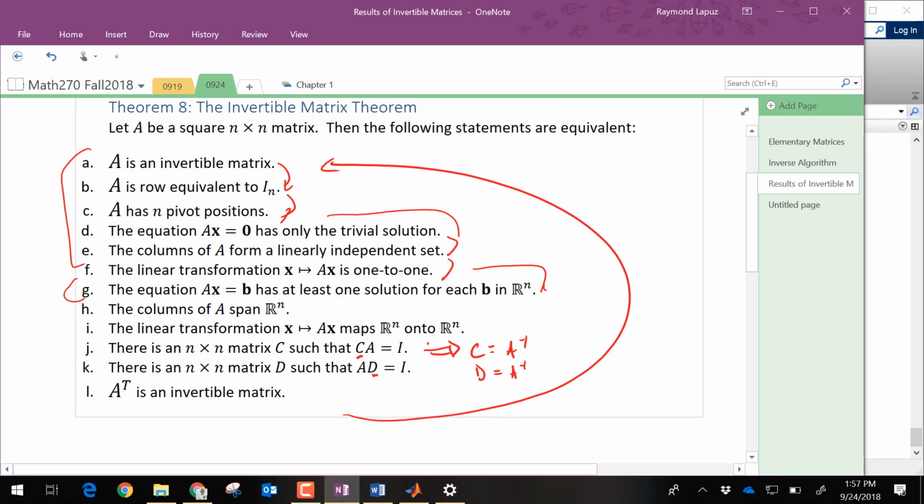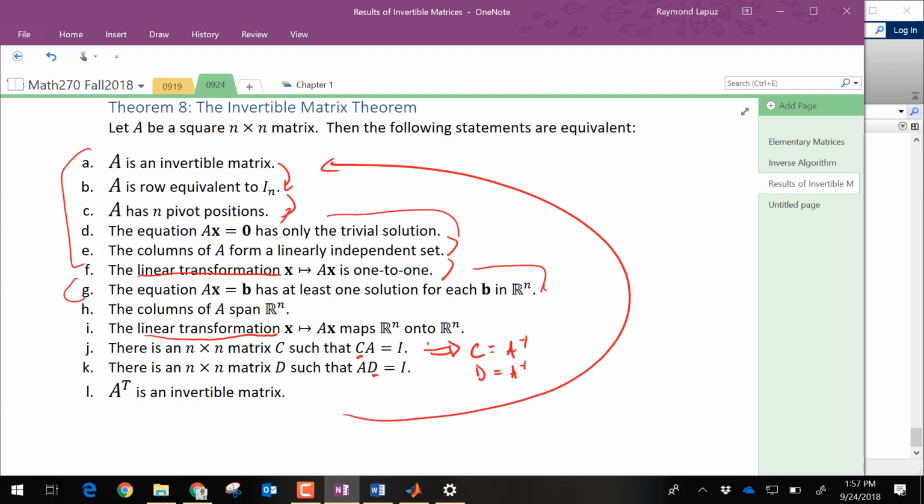I do want to point out that when they talked about linear transformations, they talked about it in two different spots. But again, this is one of those things that they probably could have put together into one bullet point. That if the matrix is invertible, then the corresponding linear transformation is one-to-one and onto. Think about one-to-one and onto. Think about the